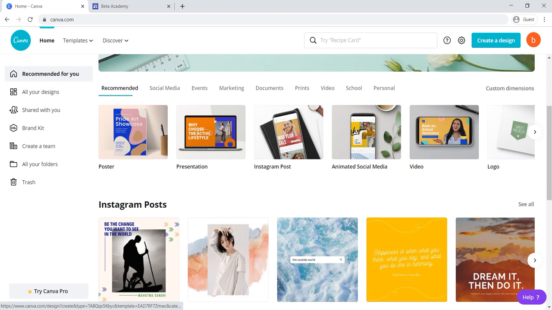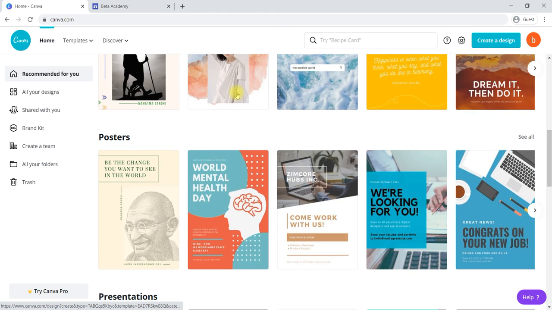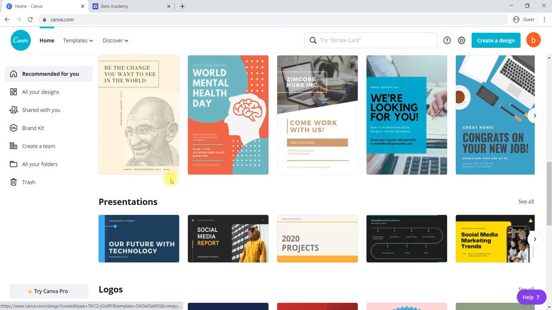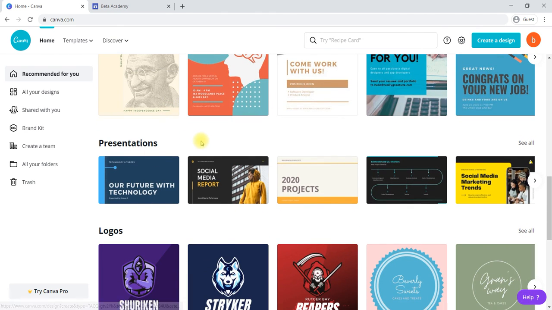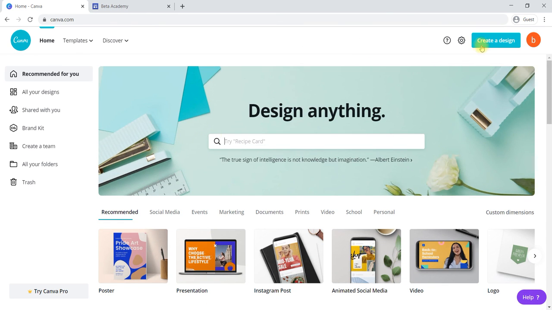Here all the templates are available. You can use them directly from here, or we can start creating a design. In the home tab we can start creating a design. By selecting Create a design, we will start creating a design. We'll start creating designs from a logo till a letterhead. We will go through them one by one and cover them in coming videos.